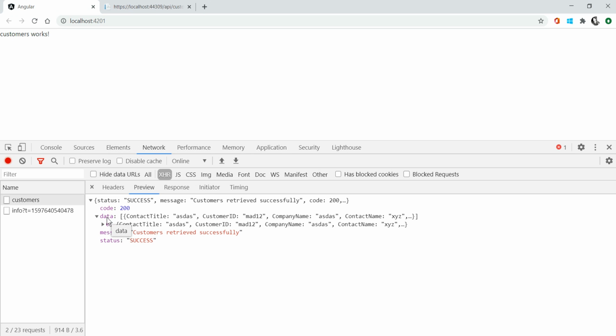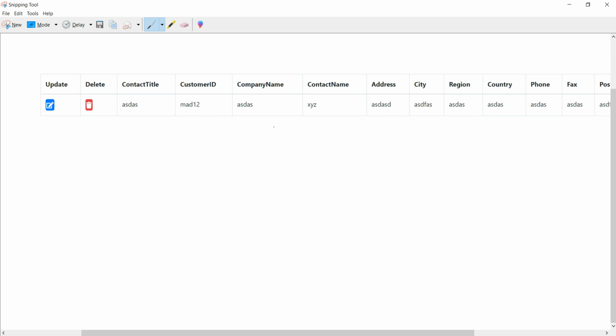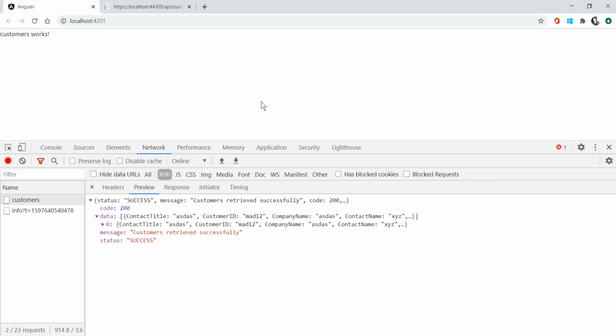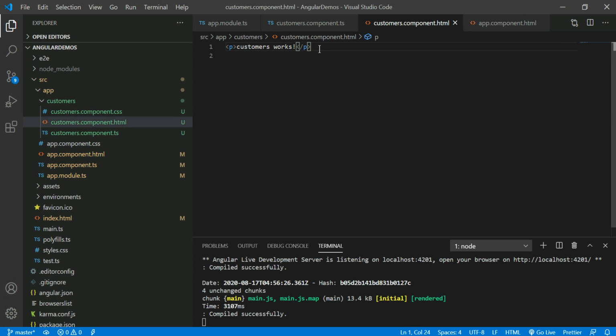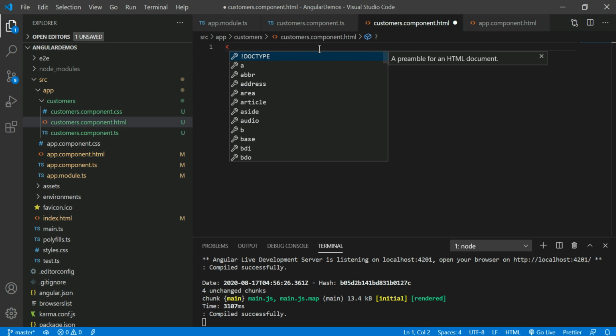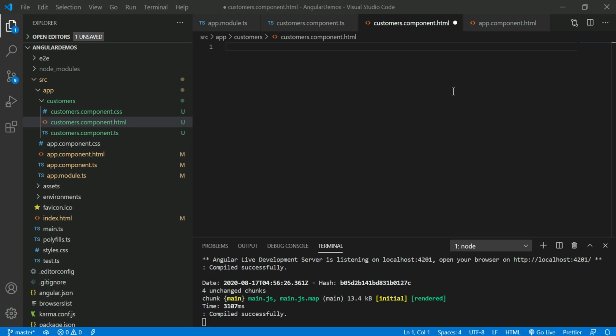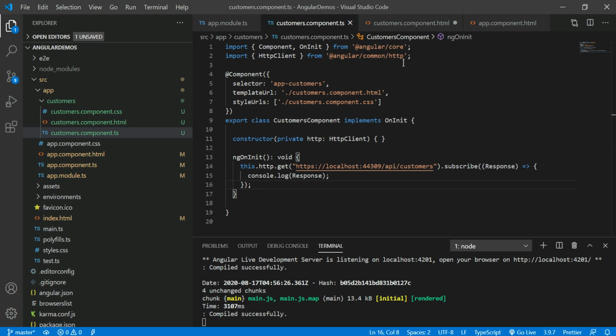Right now I need to capture this data and show it in my web application. Like this, I want to show this data in my web application. So how do I have to do that? We have to go to the HTML file and prepare one table tag, one table. Before I prepare this data in the HTML, let me prepare one array, because I need to give that array reference into the HTML for looping, right?